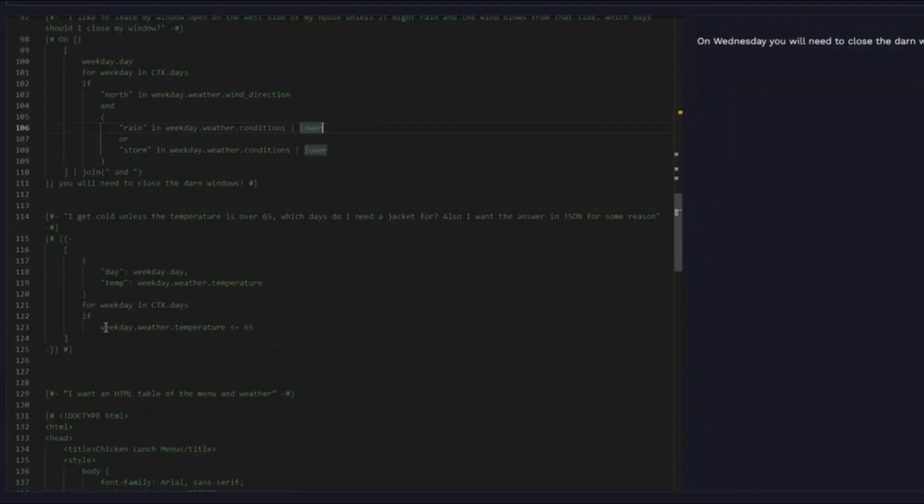So let's go a little bit deeper. Say something like, I get cold unless the temperature is over 65 degrees. Which days do I need a jacket? Also, for some reason, I want the answer in JSON because I want to show you guys how we output JSON objects. So if I uncomment this,